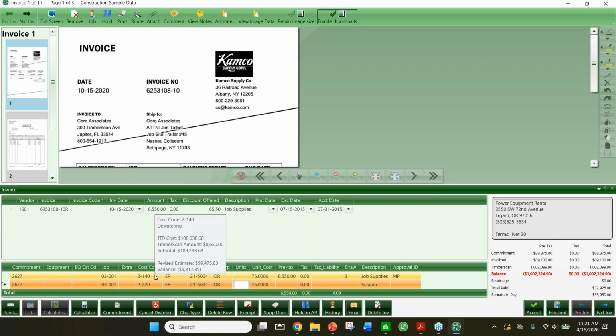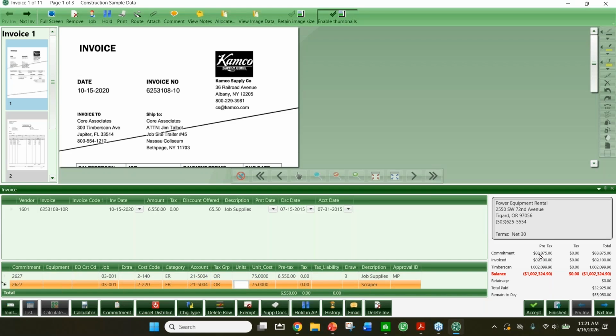If you put the mouse on a certain field, and you can do this during approval as well. So if I hover the mouse on the cost code field, it'll let me see actual versus estimate at the code level or the category level. It's available in invoice entry. It's also available to the approvers, as I mentioned, and that can be useful information to help the PM make sure the invoice gets to the proper